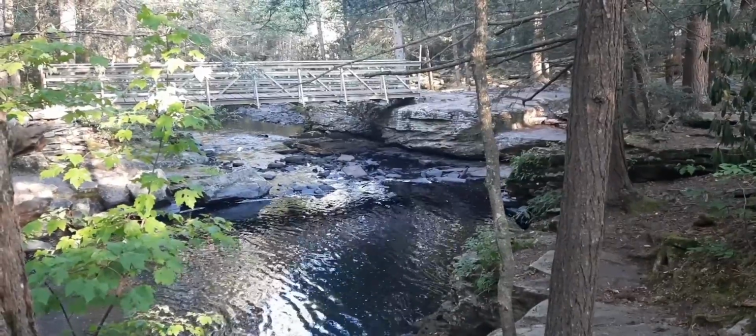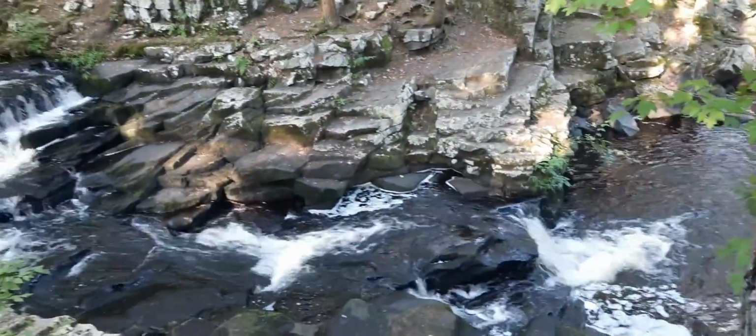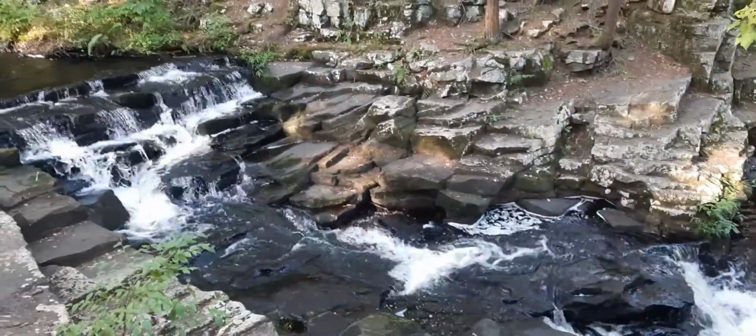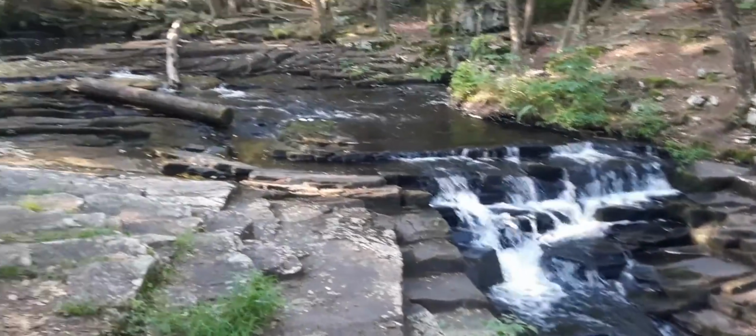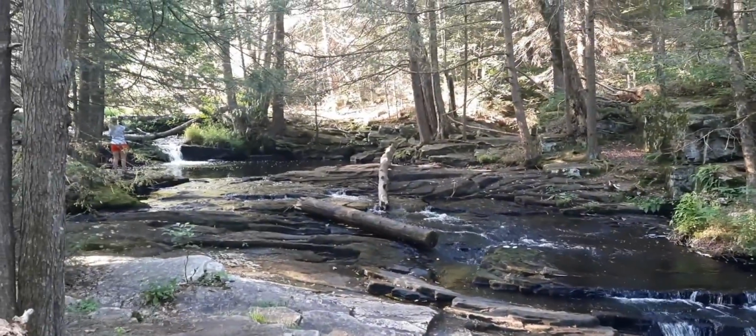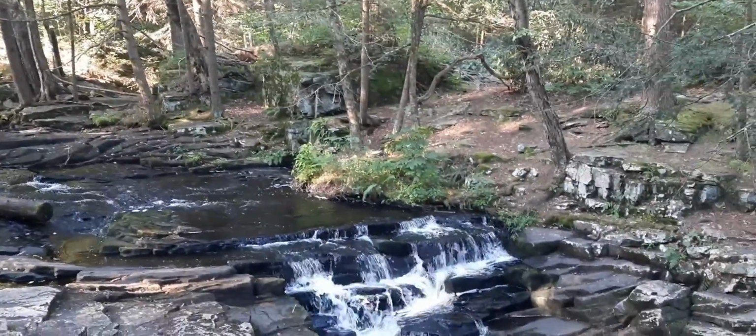That bridge and stone embankment there gives you a great viewing spot of Little Falls. And I'm gonna say there's just a hair less amount of water running than there was last year when we were here. But still,